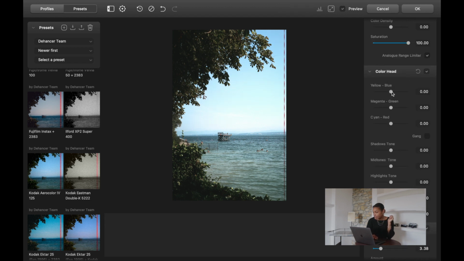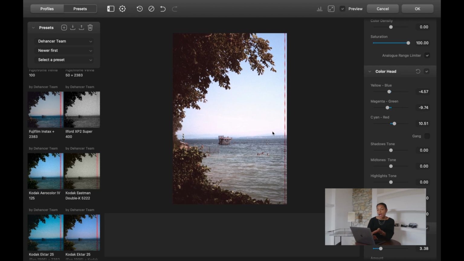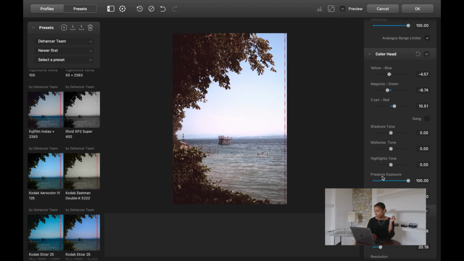Let's see this color head, blue. But it's fun just to mess around a little bit. Okay, I see. I mean, we're creating a new film stock here. I'm just messing around here, but I'm trying to demonstrate how much you can really do in this